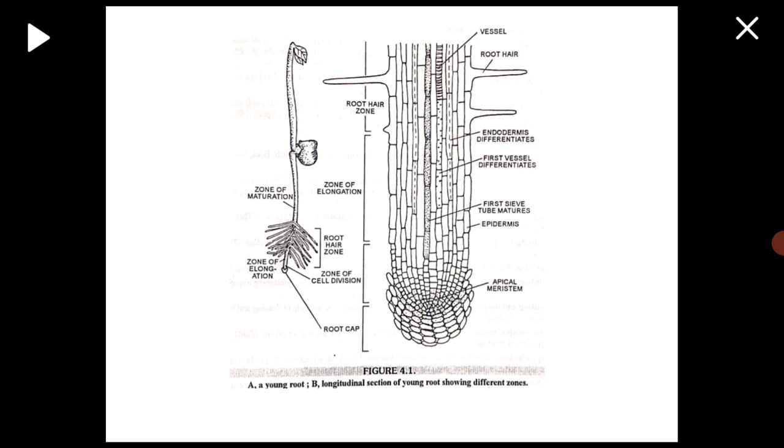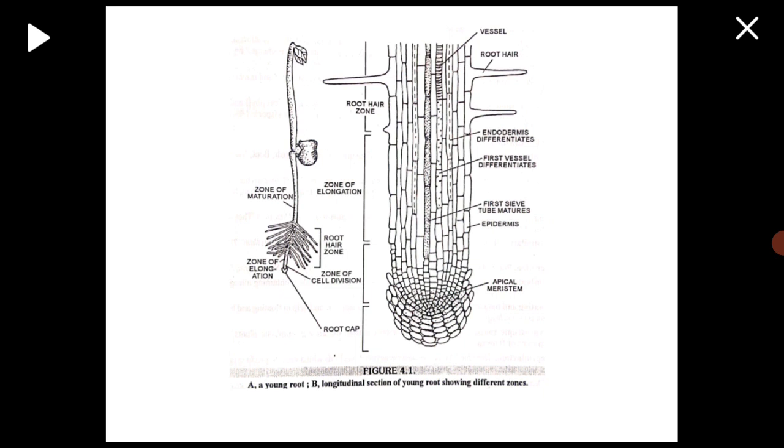Next, floating and balancing. Roots of some aquatic plants store air and help in floating and balancing. Example, Pistia, Jussiaea, etc. Next, hygroscopic roots. Aerial roots absorb moisture from the air. Example, epiphytic plants, orchids, young prop roots of banyan, etc.